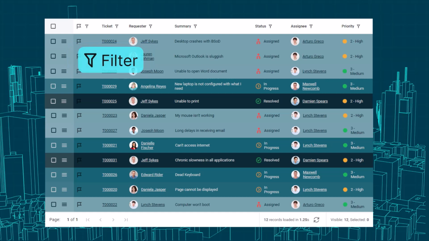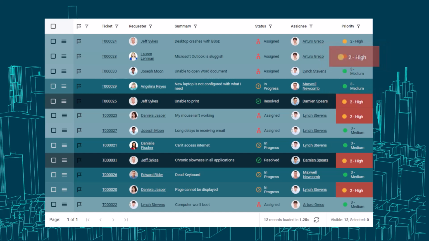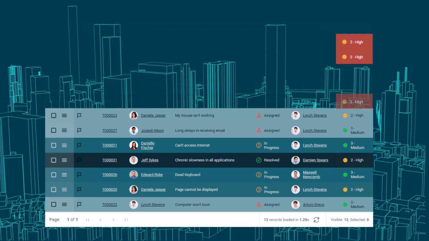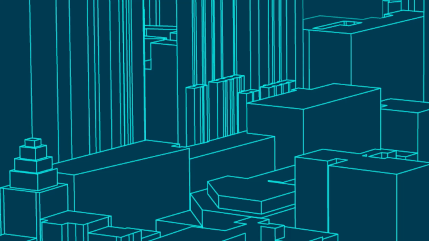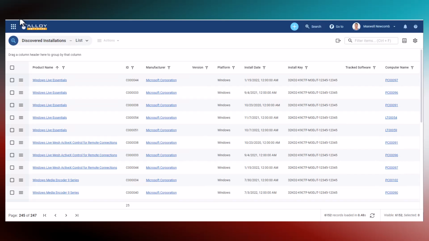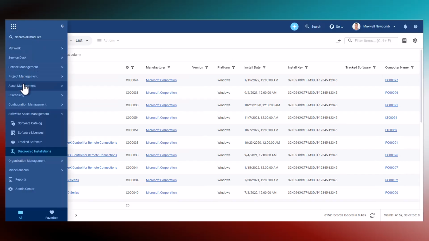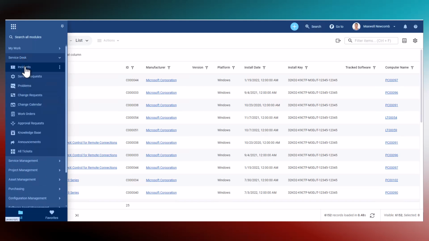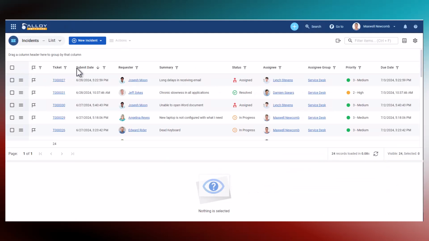Data views enable you to customize how your data grid is displayed, allowing for powerful filtering, sorting, and arrangement of records. By focusing on the most relevant information, data views streamline your workflow, making it easier to uncover insights and make informed decisions. In this video, we will explore how data views in Alloy Navigator can transform the way you interact with your data. Alloy Navigator comes with ready-made views that present data from different perspectives, making it easy to understand what's going on at a glance.